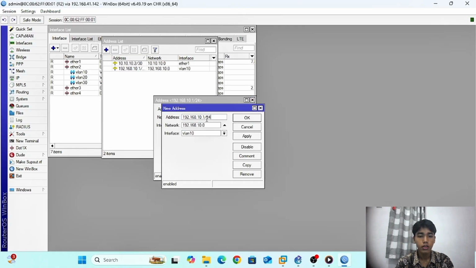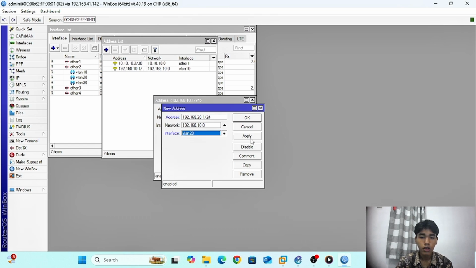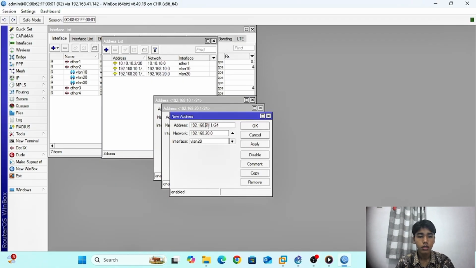Copy next, 192.168.20.1/24 for interface VLAN 20, apply. Copy, change to VLAN 13, apply.